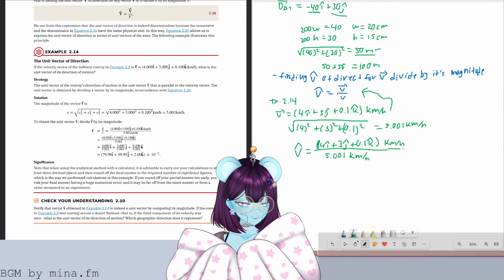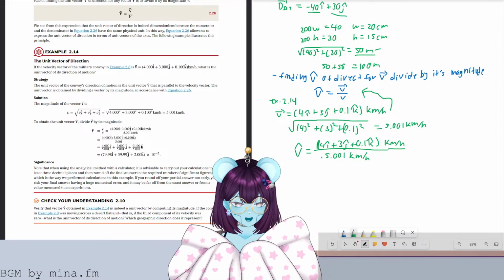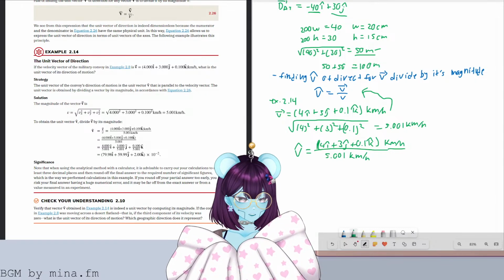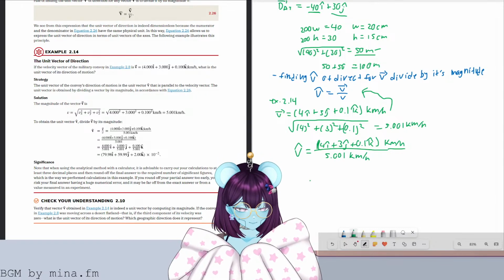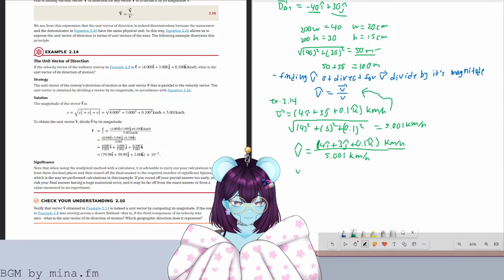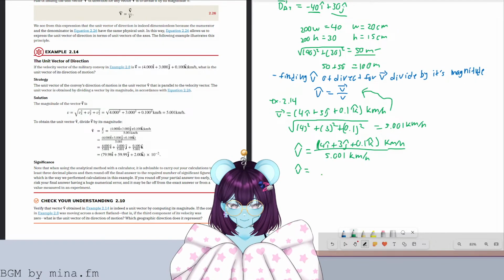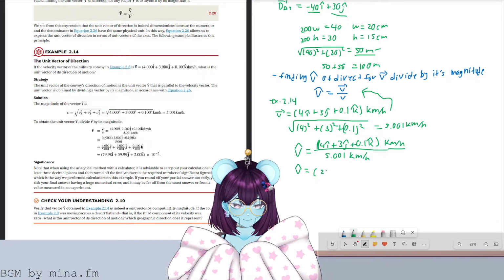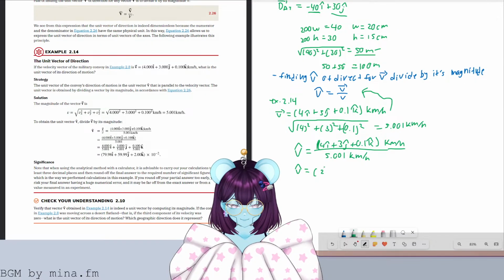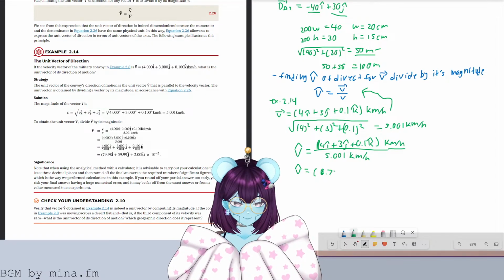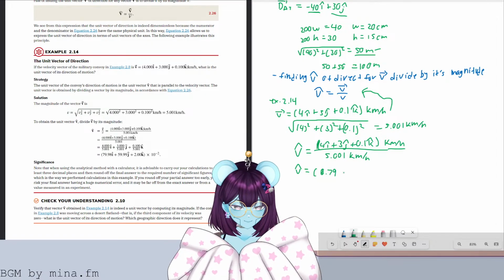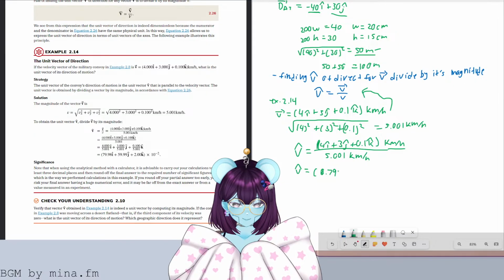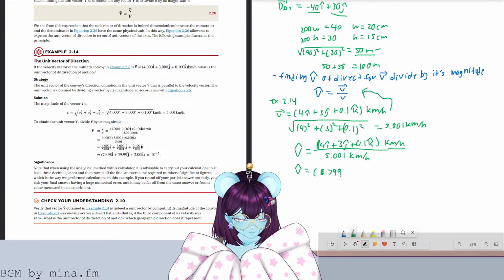Do as I say, not as I do. We take that, and then we just simply divide all these numbers by that 5.001 km, and then we get this. 0.79 77998